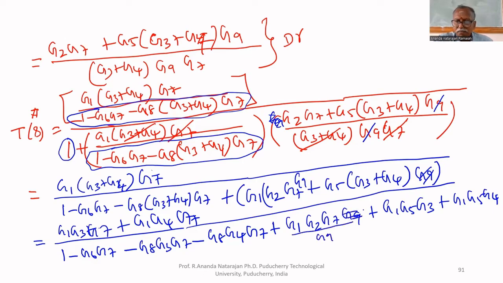Here G9 must be in the denominator. That's all. So G9 in the denominator. This is getting cancelled. Here, not cancelled. Therefore, it should be in the denominator: G1, G2, G7 upon G9. Okay, the denominator can be written as